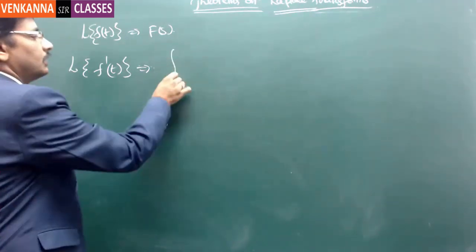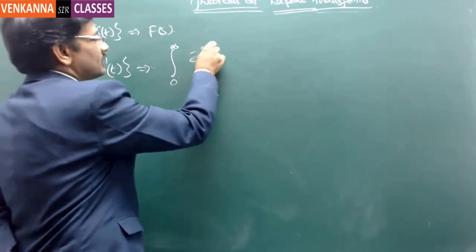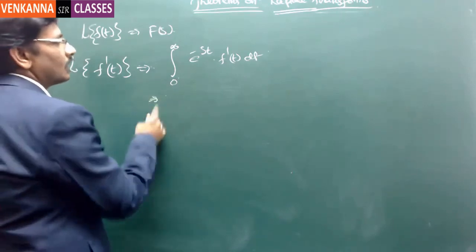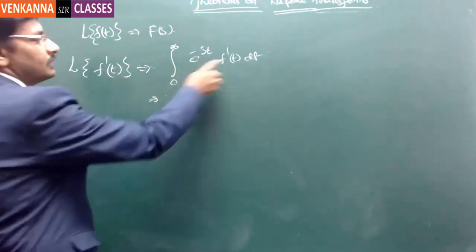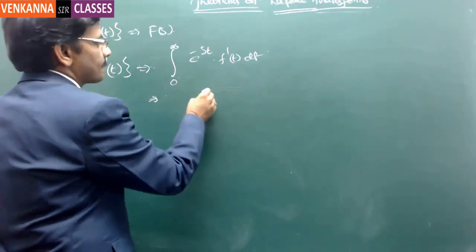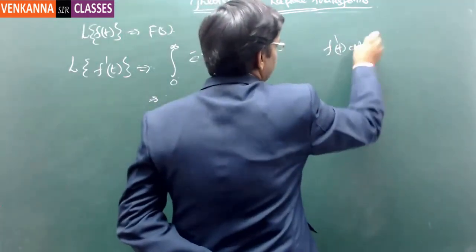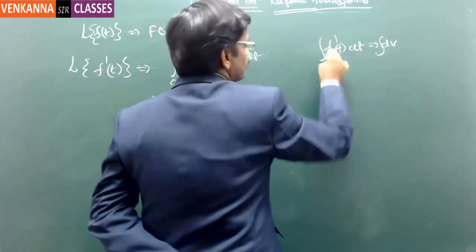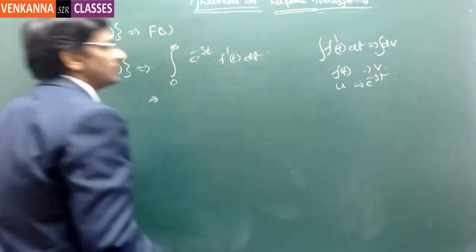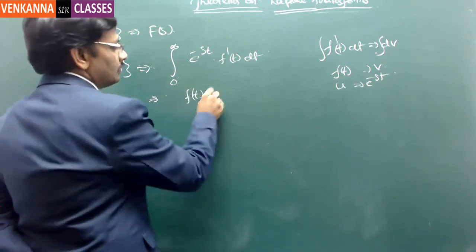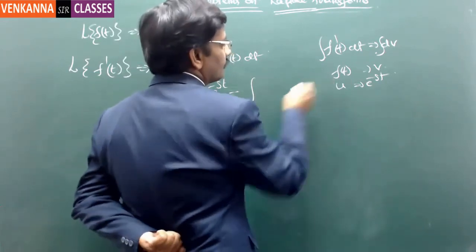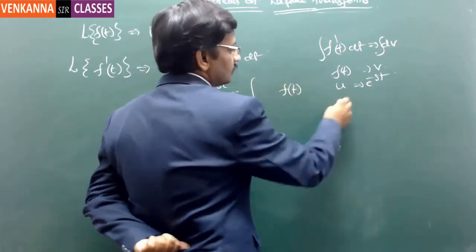So this you can find: integral 0 to infinity e power minus st into f dash of t into dt. Apply the uv formula on this. Here the derivative is taken, so f dash of t into dt is equal to dv. Integrate on either side: f of t is equal to v, and u is equal to e power minus st. So that is f of t into e power minus st minus integral v du, where v is f of t and du by dt is